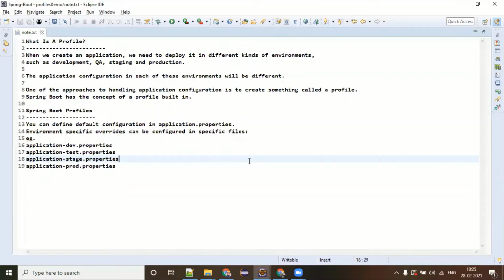These are the different environments, and each environment has its own set of configuration. They also have their own set of users. The person who has access to QA might not have access to production. So it's all about the configuration. And in the initial days, you had to do this by doing lots of manipulation of your configurations, and also using some external database and lots of things like that.